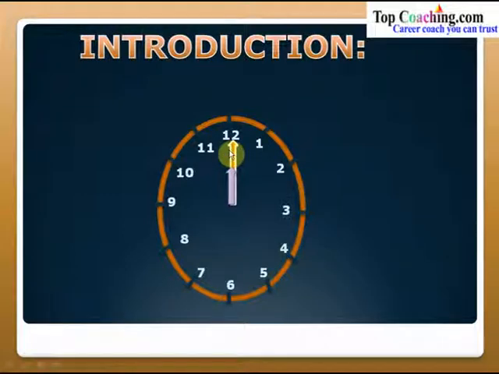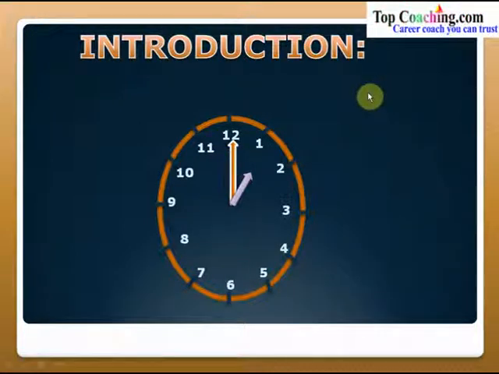Now this big hand is known as the minute hand and this small hand is the hour hand. The minute hand denotes the minutes and the hour hand of course denotes the hour. Right now it's 12 o'clock on the clock. The hands start moving this way. Clearly when the minute hand has completed 360 degrees and it has returned to the 12th division, then the hour hand has moved to the first division, that is 1. So at this moment the time is 1 o'clock. It might be in the night, it might be in the morning.